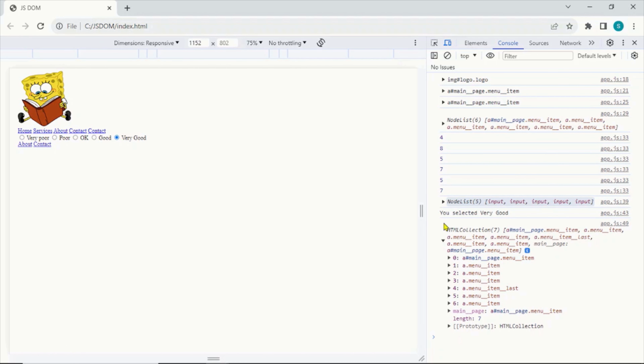This method is also important and handy. It returns the elements by their class name or names. You can also specify more than one name. Now let's say I want to select all the elements on a page with class menu item. So here we have 4 elements with the class menu item, and down there, here we have 2 more. So in the JavaScript, we will write